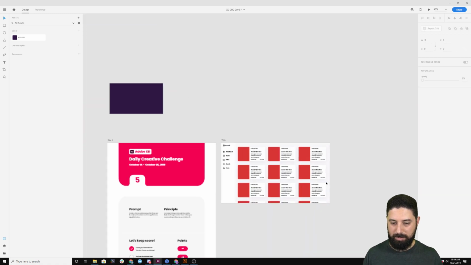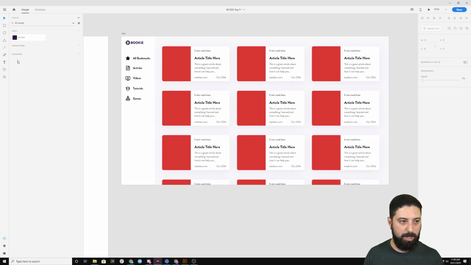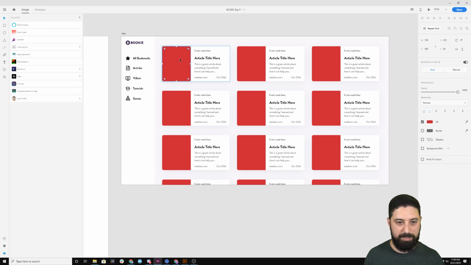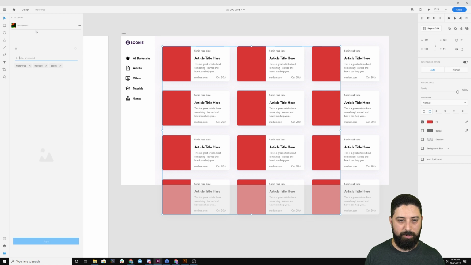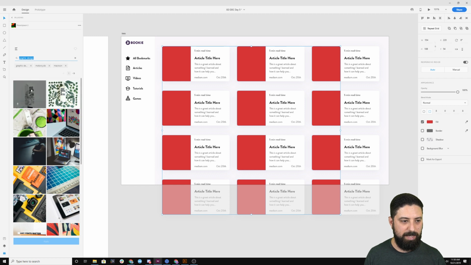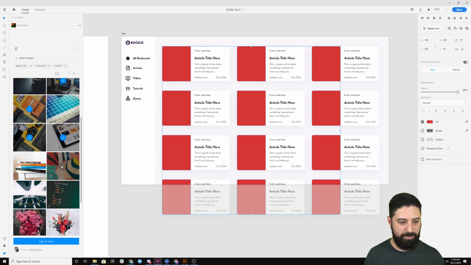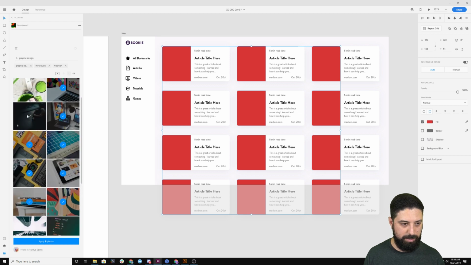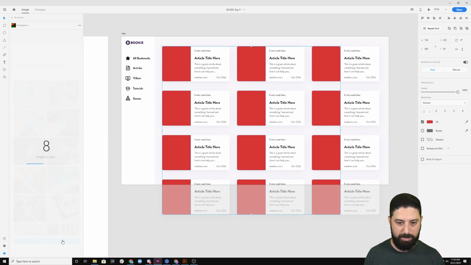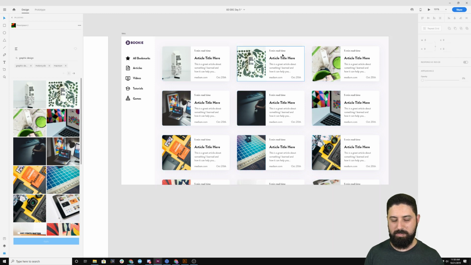And now what I can do is we can come in from our plugins area. We talked about this the other day. And we're going to go to plugins. I'm just going to select all of these images or these red boxes that I have set aside for images. I'm going to go to Photo Splash and maybe here we'll say graphic design. And in this, I'm going to pick some different things, utilize all of this stuff. I'm going to grab, that's coding. Let's call it there. So we're going to apply those photos and now, boom,